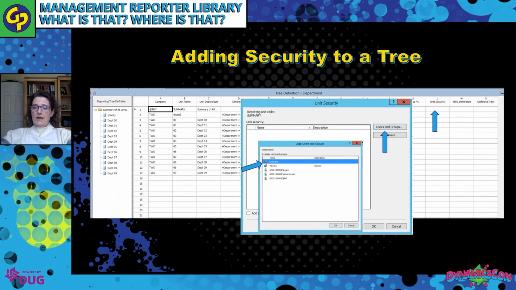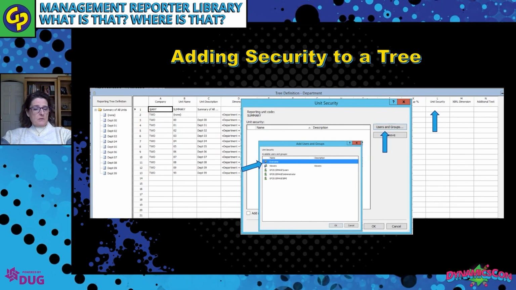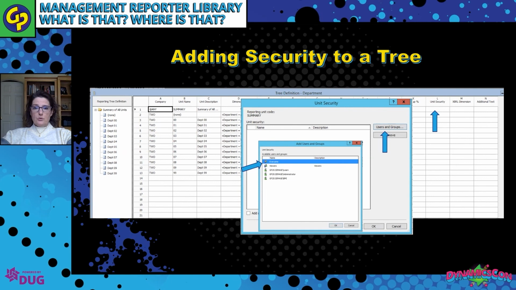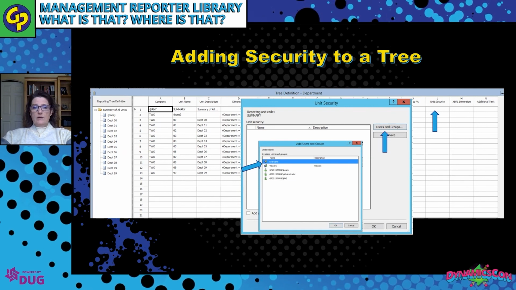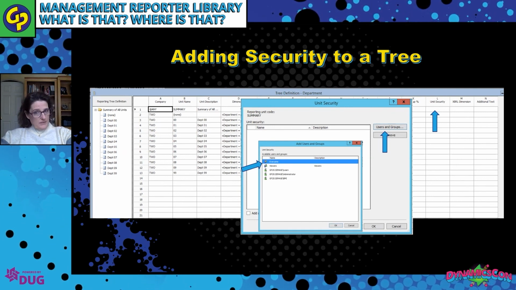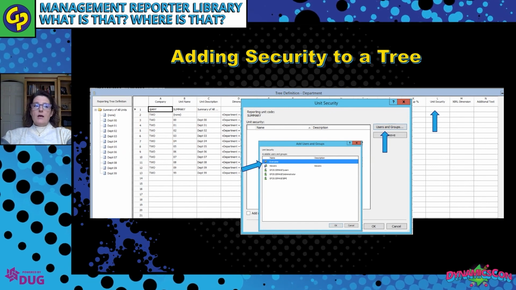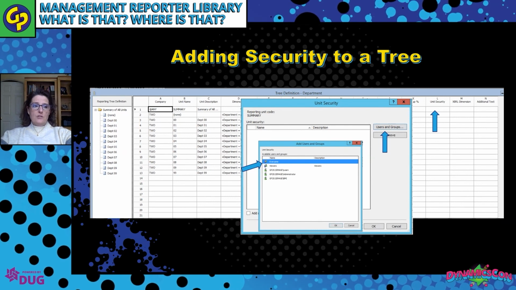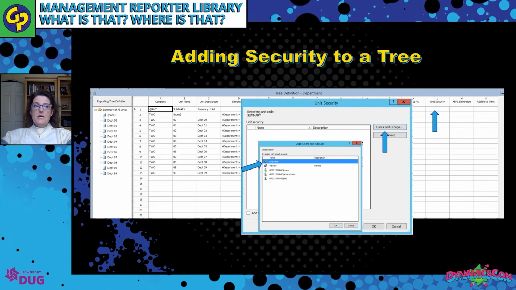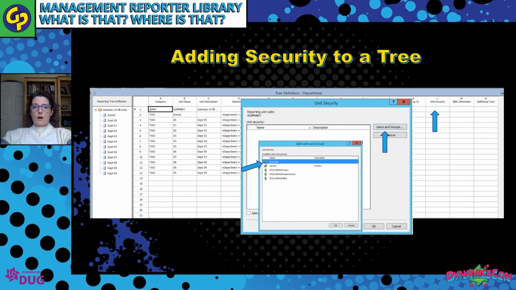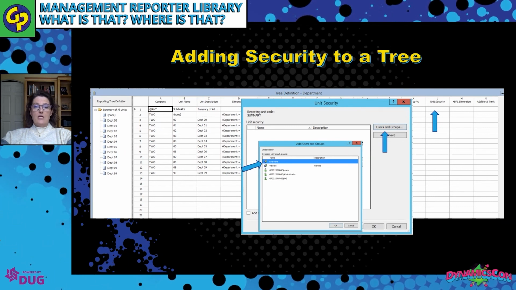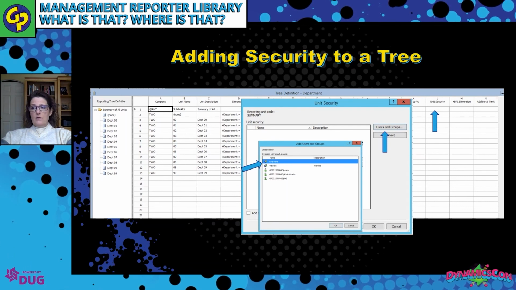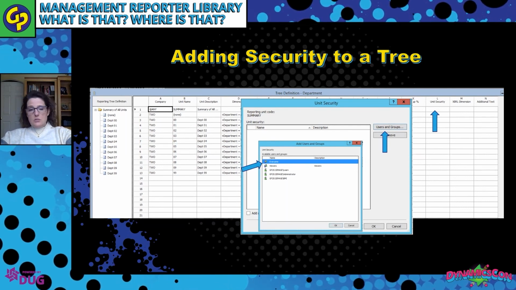Again, this is kind of where I like to use groups. Even if it's a one-to-one relationship, let's say you set up departmental groups and it's still just one user in the group. It's like groups in Active Directory, right? You'd rather assign security to a group so that if you add new users or if you've got to replace people out in certain departments, you put them in the group, and then wherever that group has rights, that user will now have rights rather than you having to go every place within the environment, libraries, trees, whatever, and adding